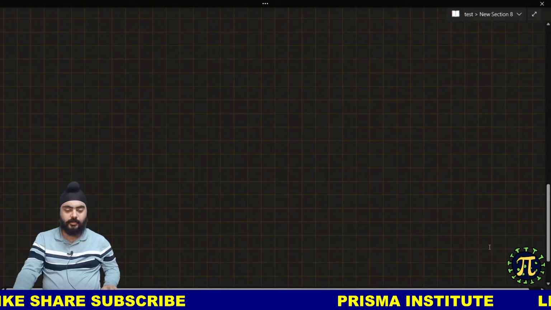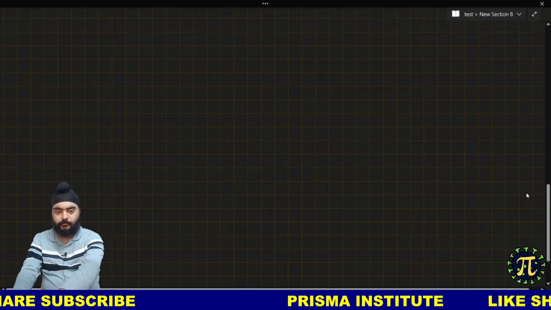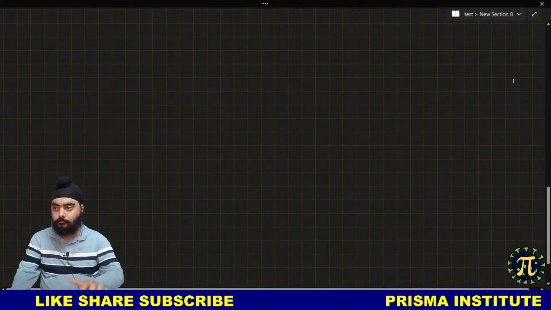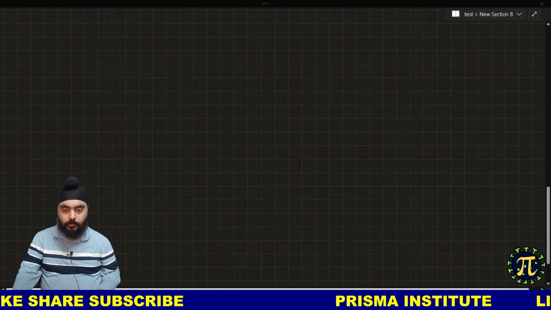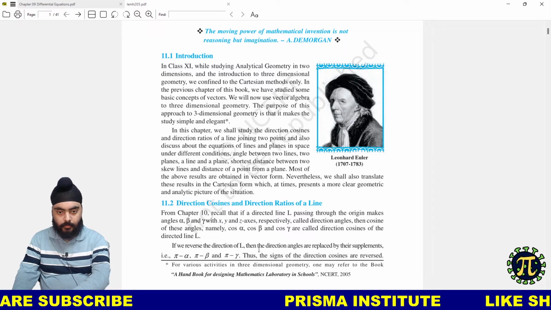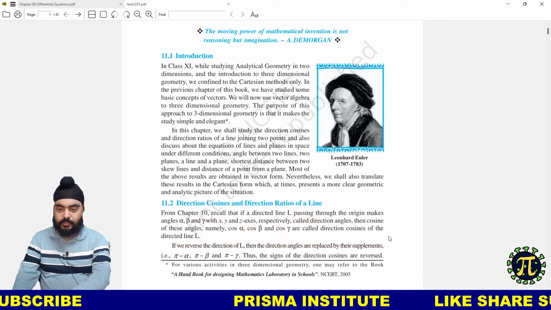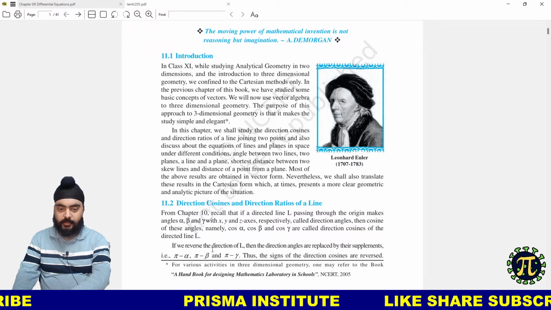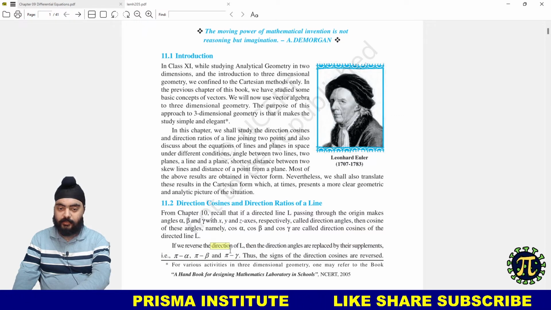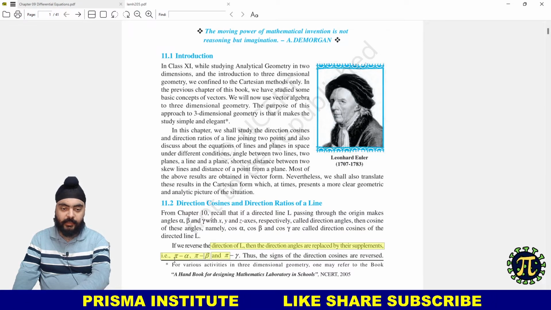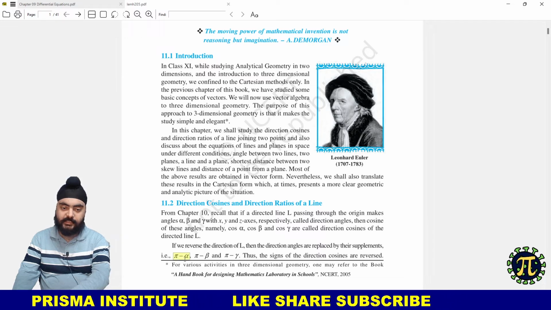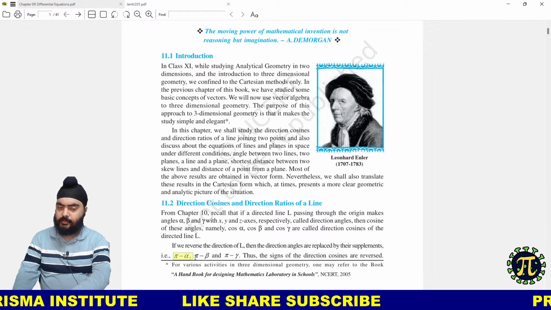So now let's look into NCERT. As NCERT also says, if we reverse the direction of the line, then the angle it will make with x axis will be pi minus alpha,